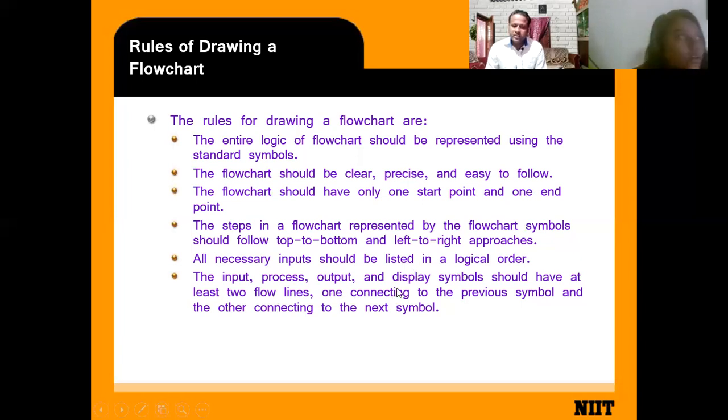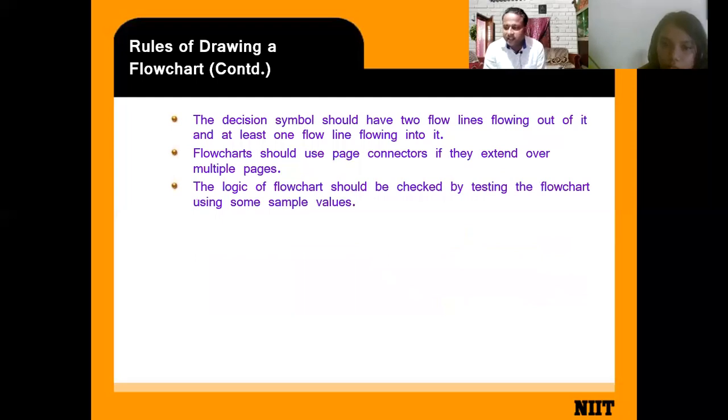The input, process, output, and display symbols should have at least two flow lines, but the decision box contains three flow lines. One connects to the previous, and there are two options, yes and no. So the only exception is that the decision box contains three flow lines while other symbols contain two flow lines.